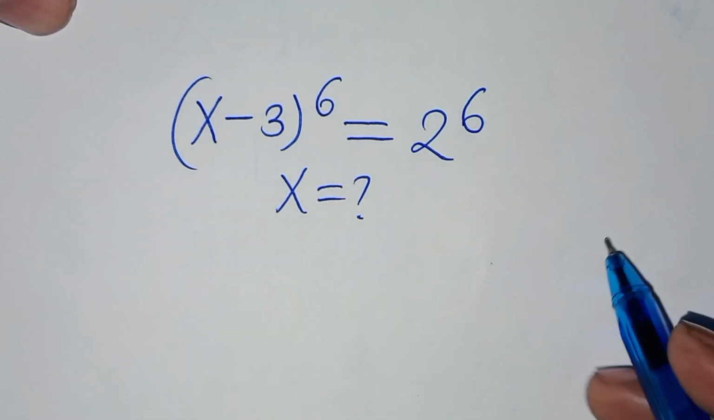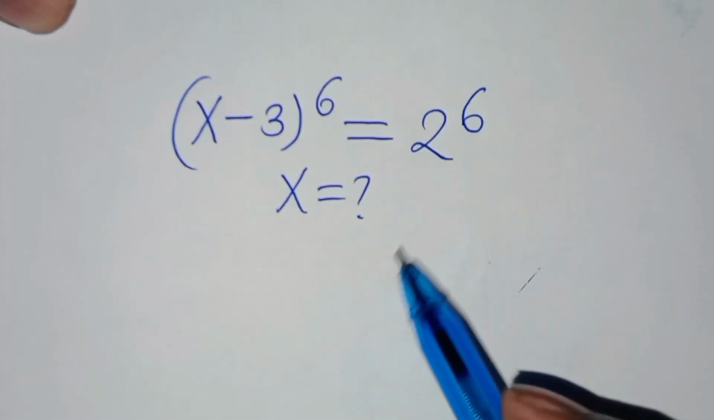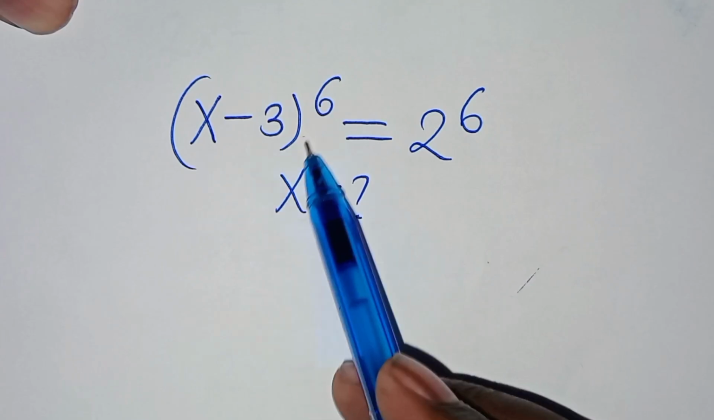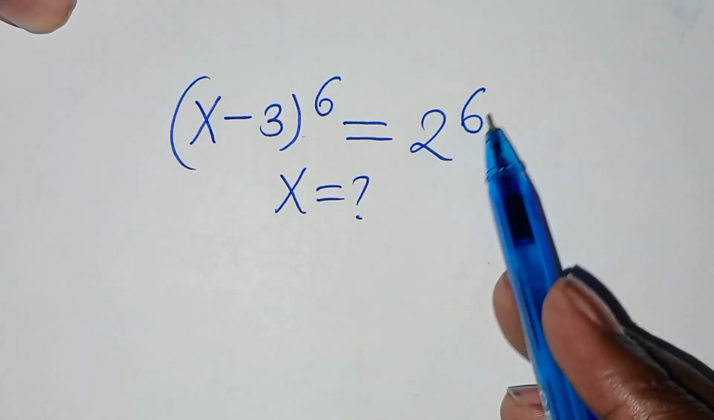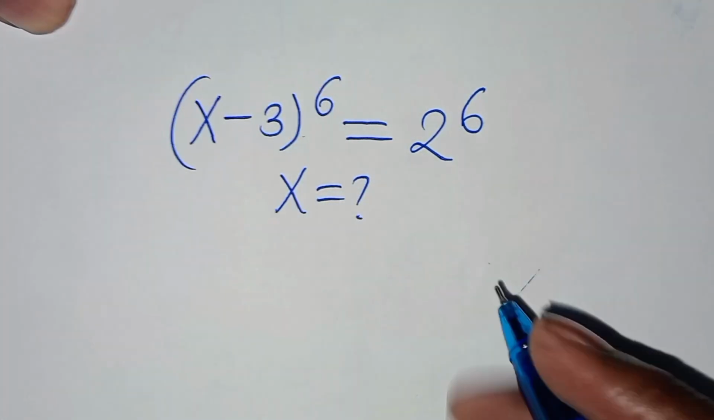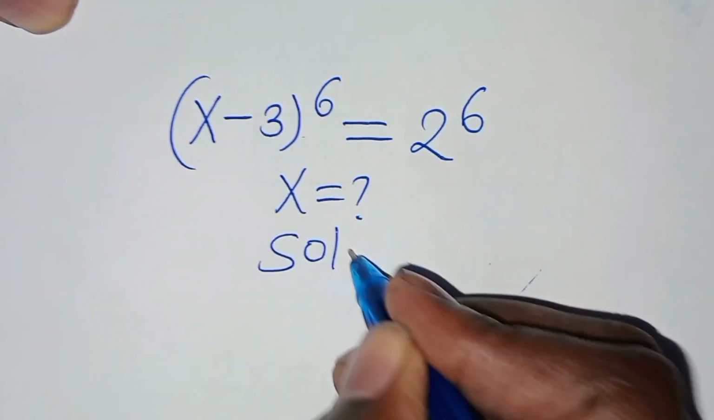Hello everyone, you're welcome to solve this nice exponential equation: (x - 3)^6 = 2^6. So what are the values of x? Solution from here,